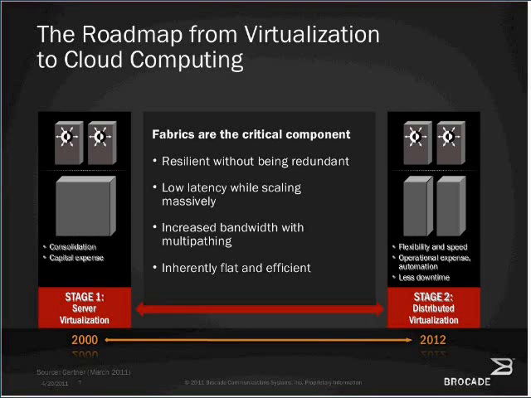And that network is what we call a fabric, and more specifically an Ethernet fabric. And what this network is, it's a flat layer 2 network. It's highly resilient without being redundant. It's very low latency because in addition to carrying data traffic, the network also wants to carry storage traffic and consolidate or converge the data and storage traffic onto one network. So a low latency guaranteed delivery network is